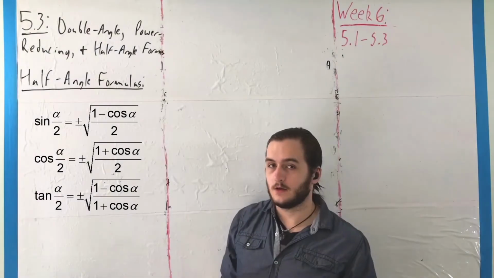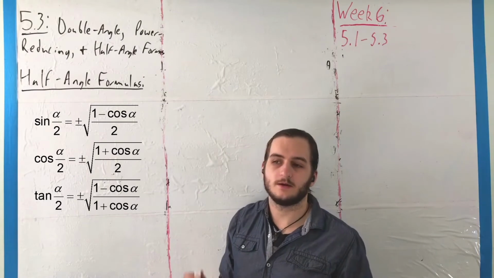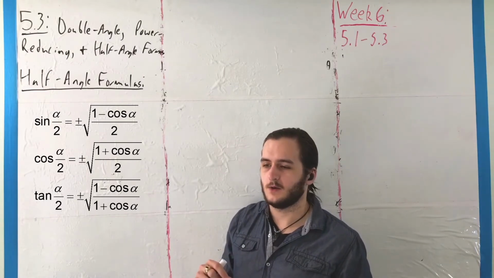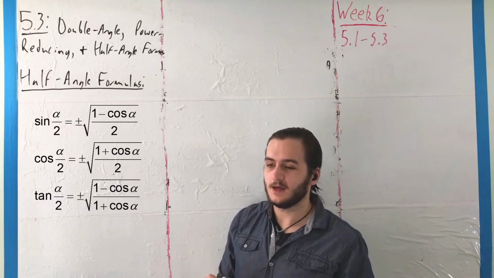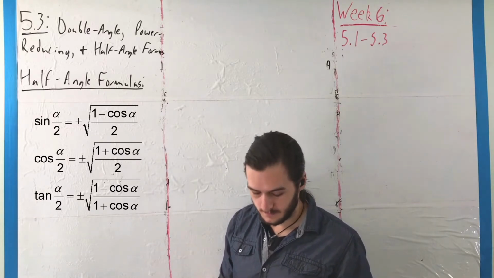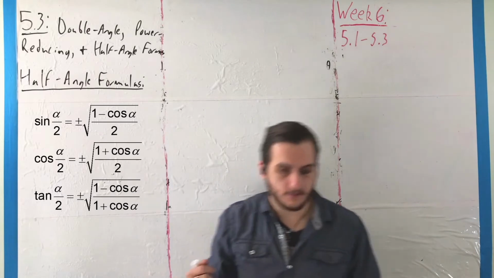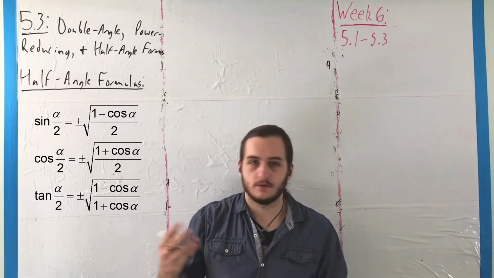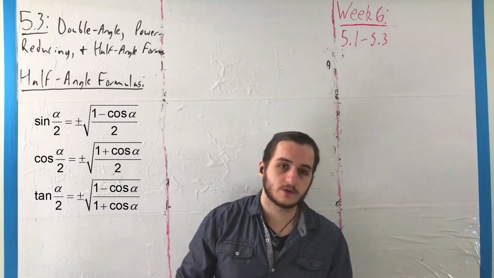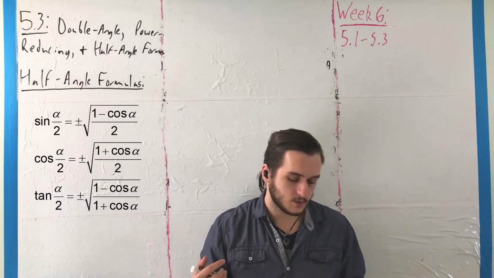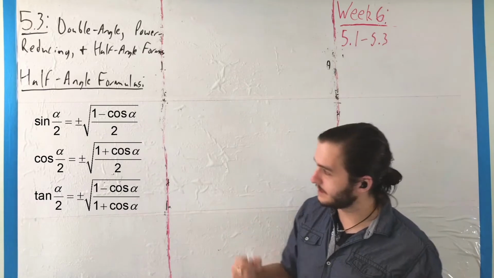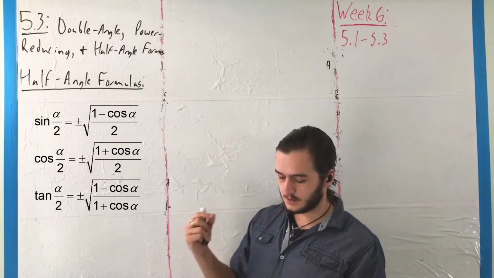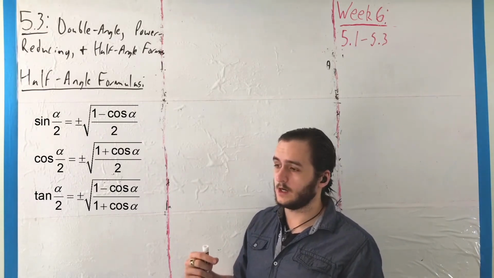So last thing we're going to have here are our half-angle formulas where, because they're a little bit pickier, I don't want to risk having there be any ambiguity as a result of my poor handwriting. But what we can do here is if we have things of form sine of some angle over 2, or cosine of that angle, or tangent, we can write that as, for sine of alpha over 2, plus or minus the square root of 1 minus cosine alpha over 2, where that